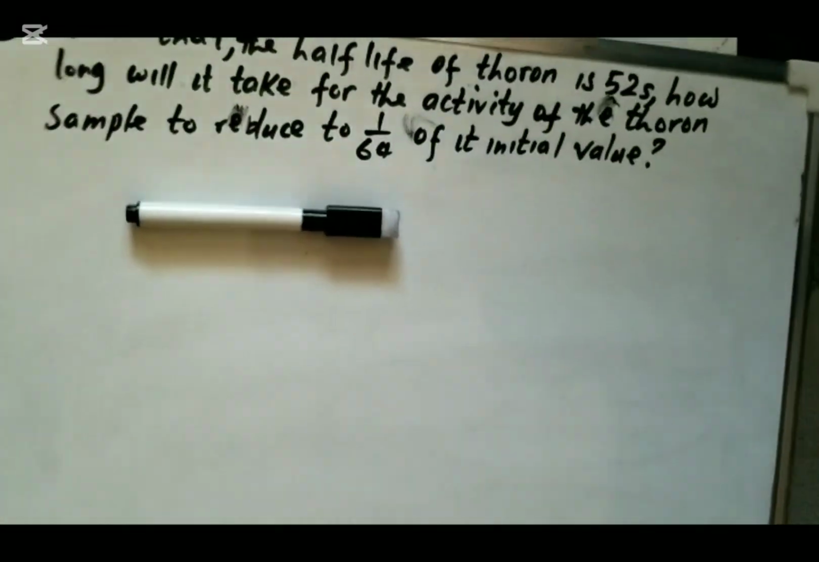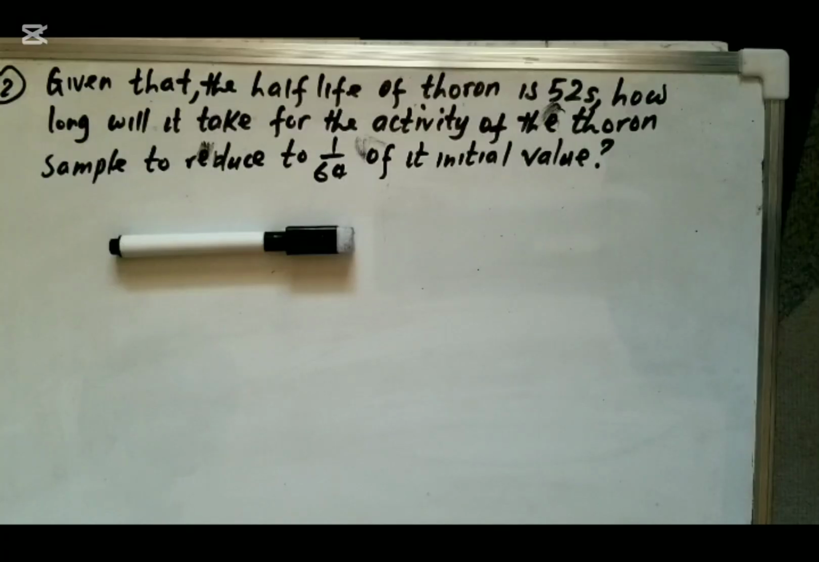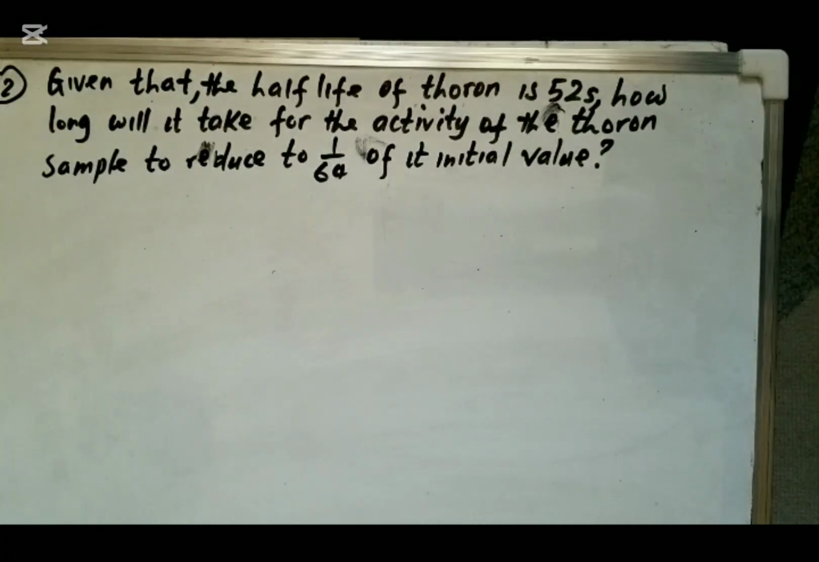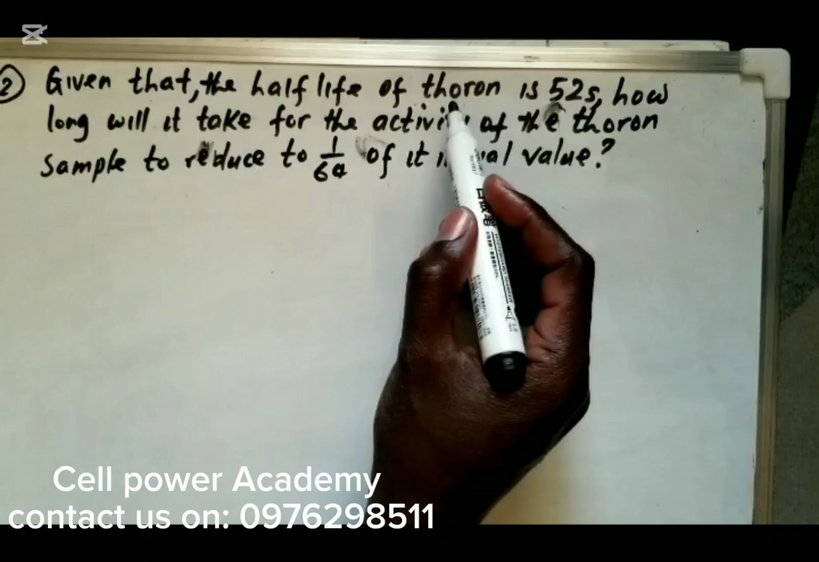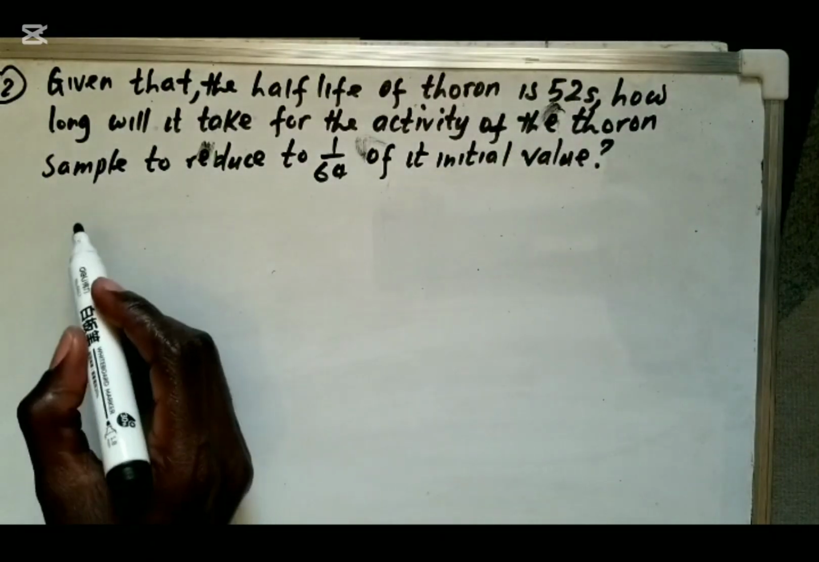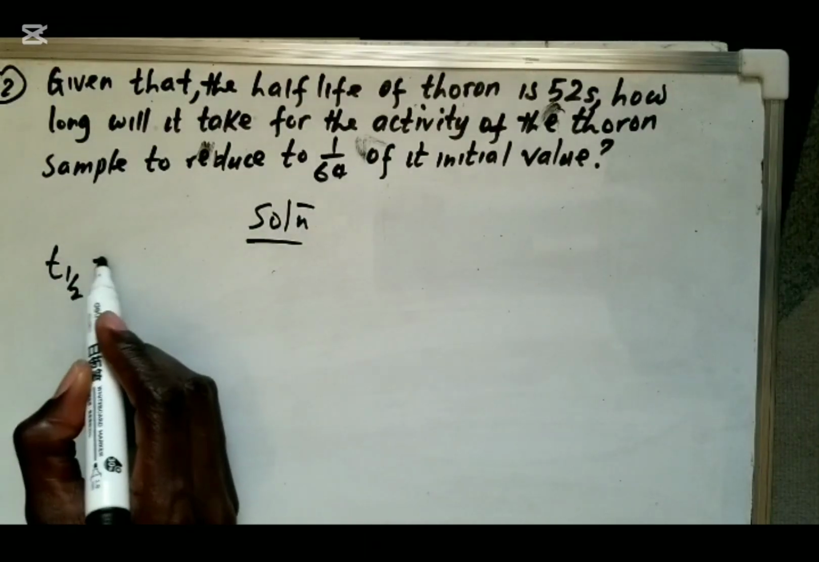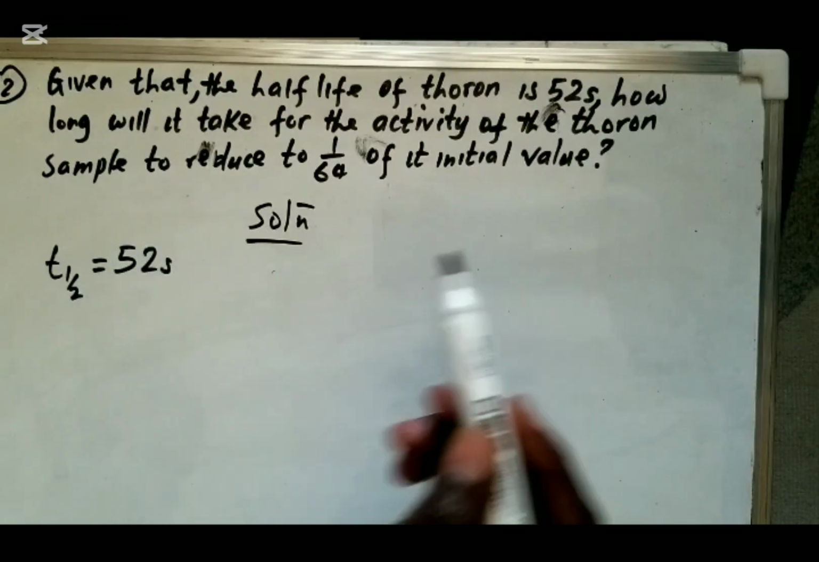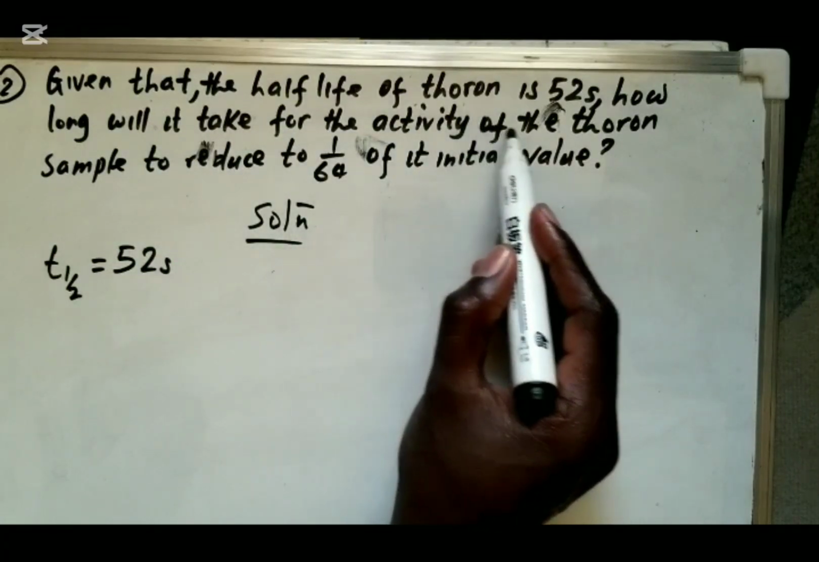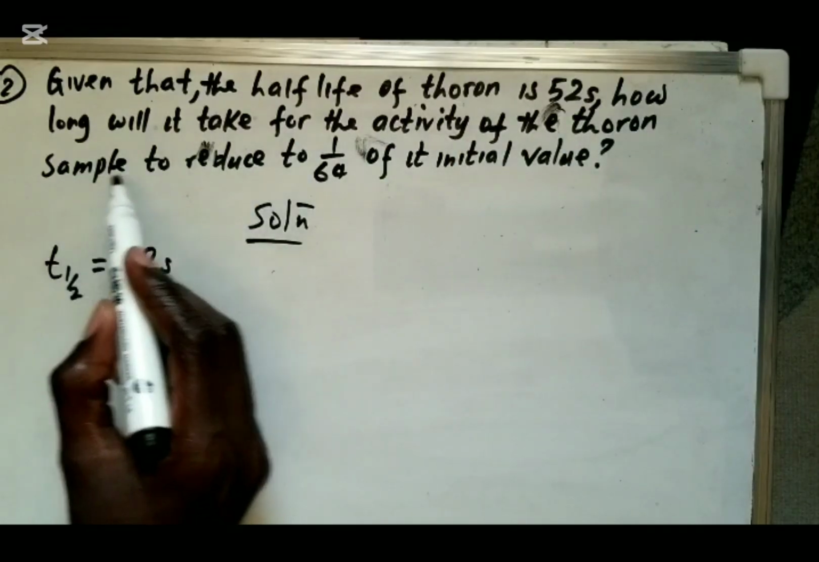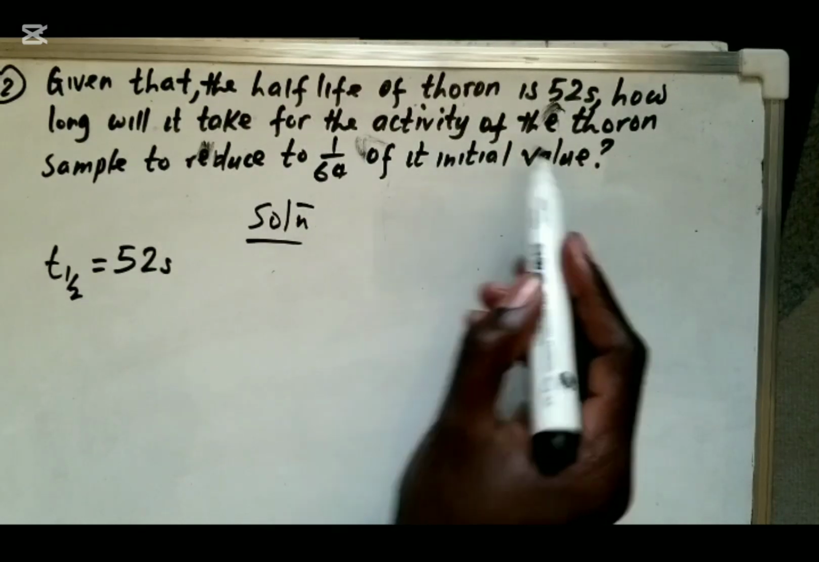Let's try to look at another question that came in another exam so that you are able to see how you can go about it. Again, this question was saying that given that the half-life of thoron is 52 seconds. So again, they have given us the half-life of the sample thoron, which is equal to 52 seconds. Then it says how long will it take for the activity of the thoron sample to reduce to 1/64 of its initial